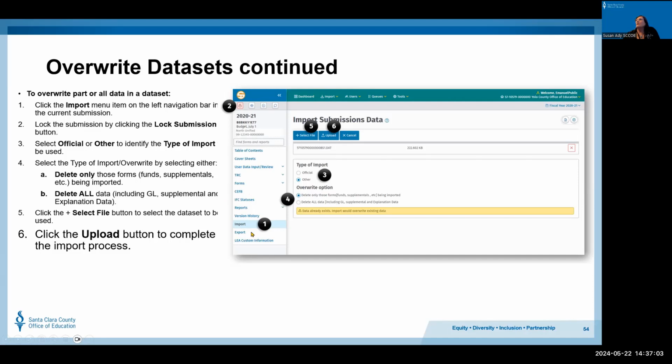This is where you do your overwrite import. So you'll go ahead and click on that, and you'll follow the basic instructions just like you did with your regular import. You'll click the other type of file. You'll click delete only those forms. Right here, those are your options. You'll submit, and your new file will come in and overwrite your old file.